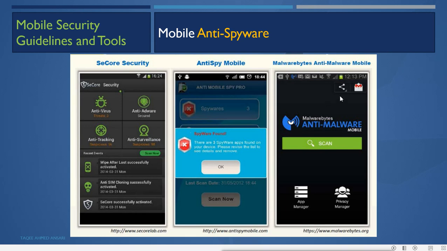So what is the problem with these mobile devices? First, someone can send an SMS link or mails to fool or trick the user, for installing trojans and spyware.